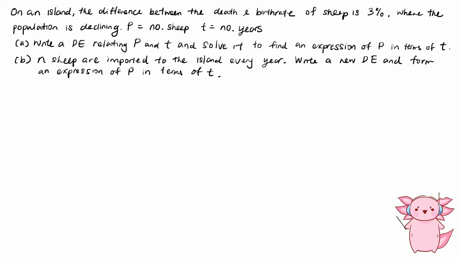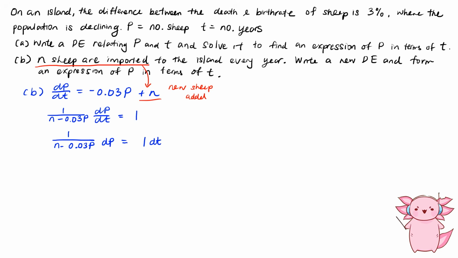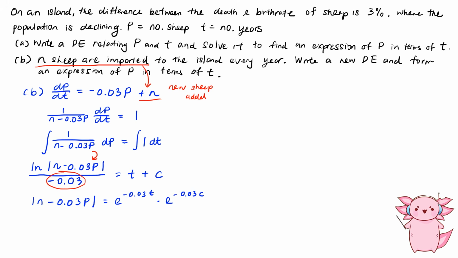In part B, since they decided to import n number of sheep every year to keep the population going, the differential equation becomes dP/dt equals -0.03P plus n. Again, we do our separation of variables method and integrate both sides like this. Since we are integrating with respect to P, we have to divide by -0.03, and we can get rid of the ln using our logarithm laws and splitting the powers of e up and rewriting this as our unknown constant